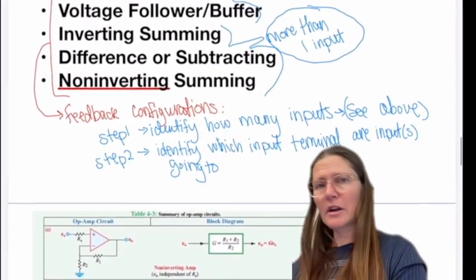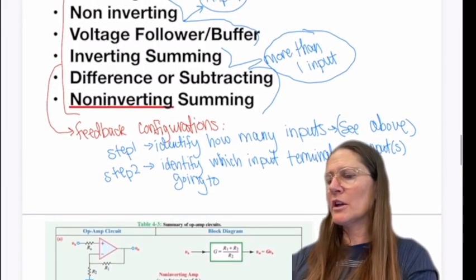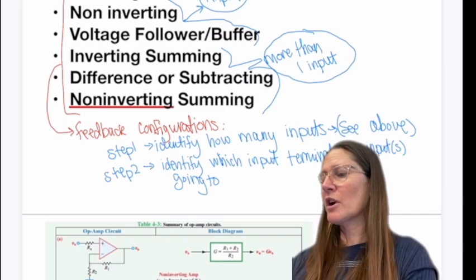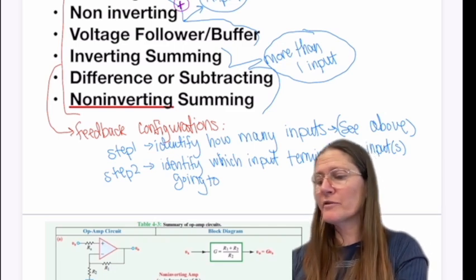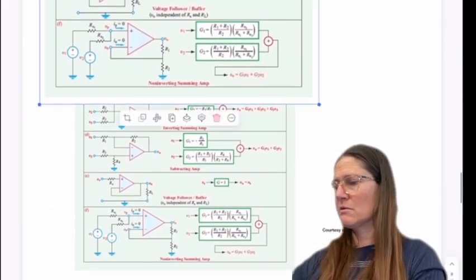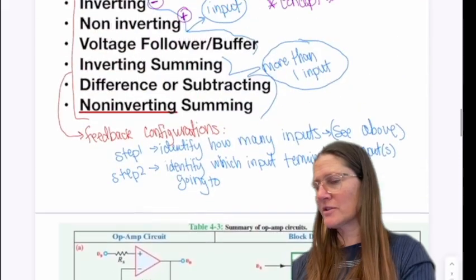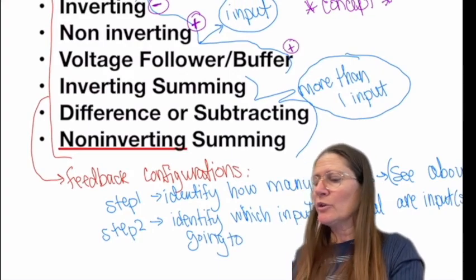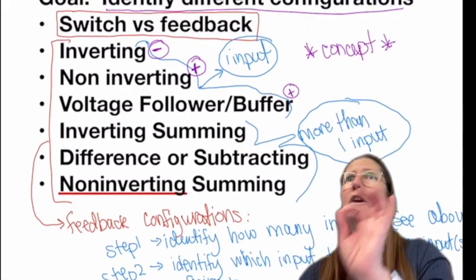So for an inverting, your input is going into the negative terminal. For non-inverting, it's going into the positive terminal. The voltage follower also goes into the positive terminal, but its configuration might be slightly different. So if it's the positive terminal, you could have a non-inverting or a voltage follower buffer, and then you have to